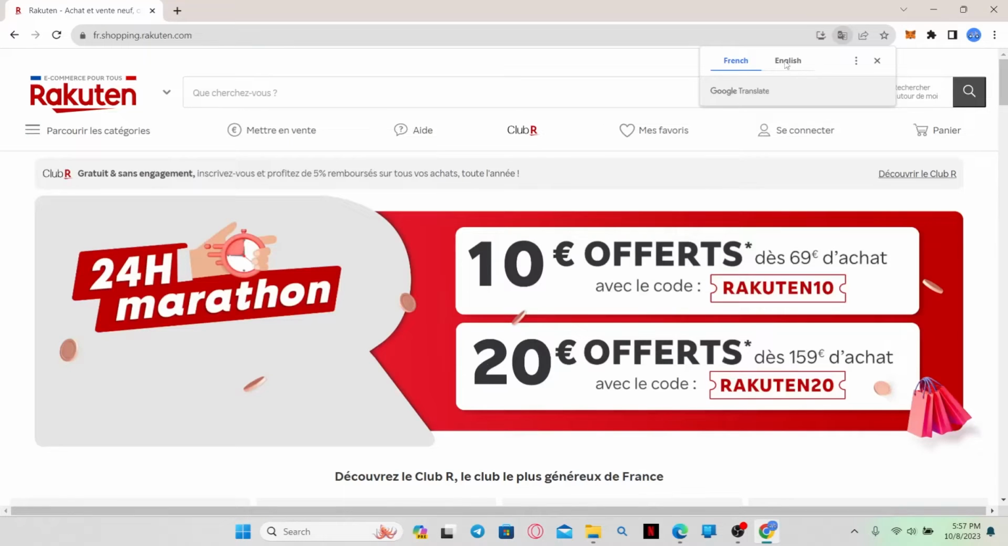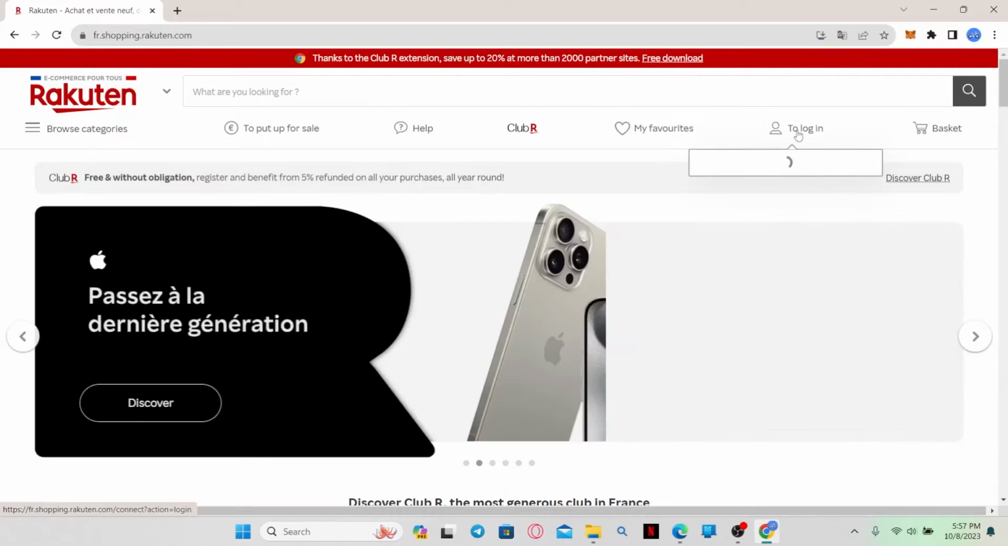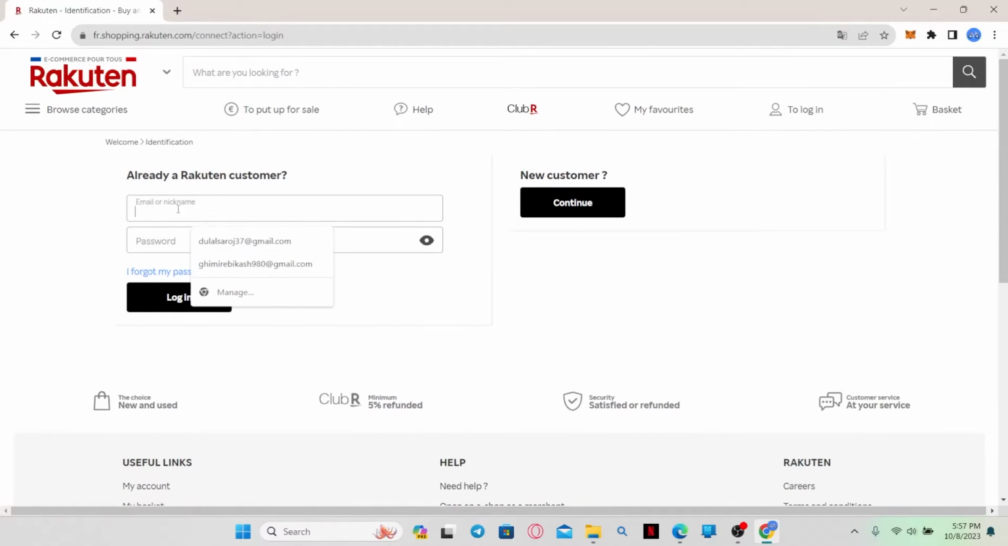Now change the language if you need to by selecting English from Google Translate. After you do this, you can simply click on the login button and this will take you into the login portal. Now all you need to do is type in your email address followed by your password. After entering both of these, you can simply click on the login button and this will log you into your